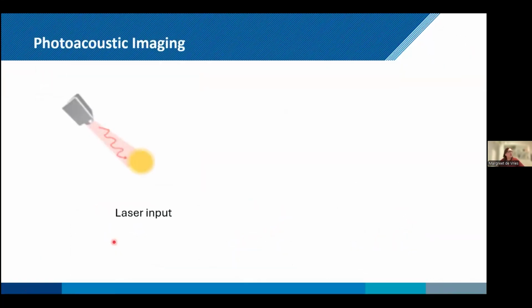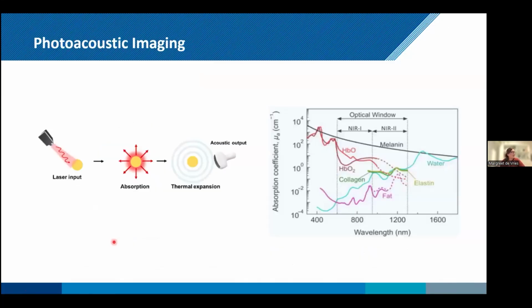We also use photoacoustic imaging, and as you probably already know, but I still explain it briefly. So using a laser input, you get absorption in tissues. These specific components give thermal expansion, and that can be picked up with an acoustic ultrasound transducer. So there are a couple of chromophores that have natural ability to